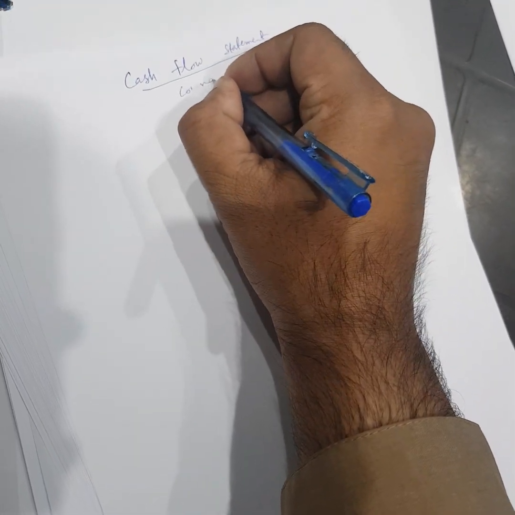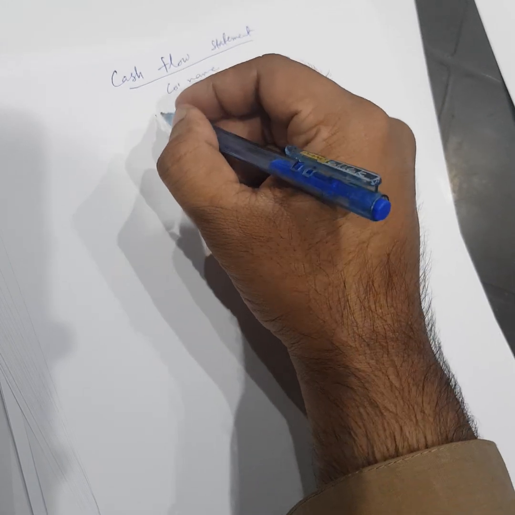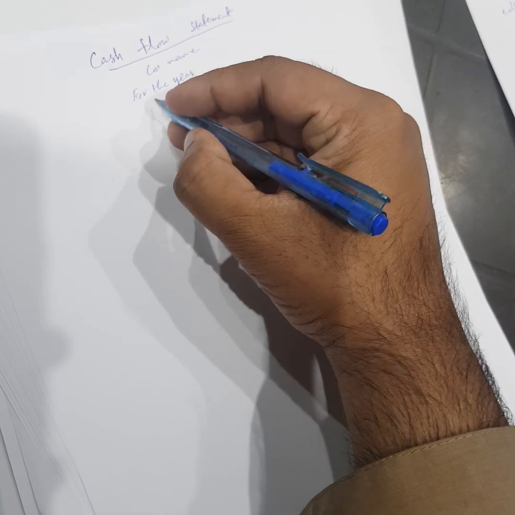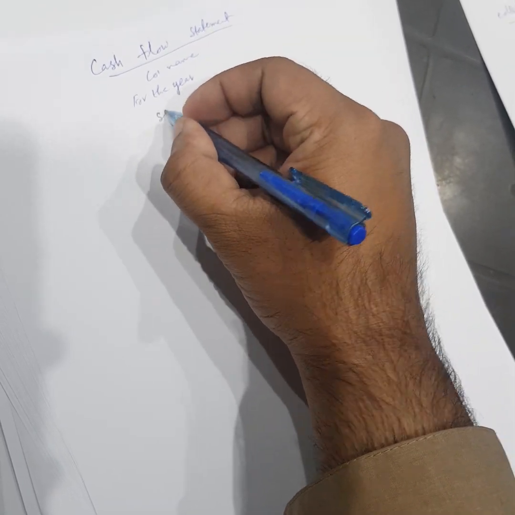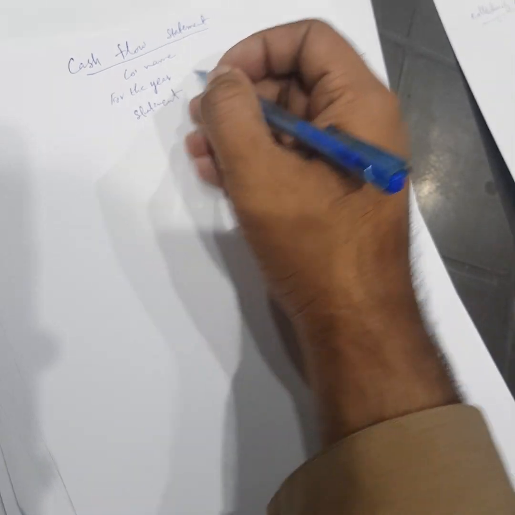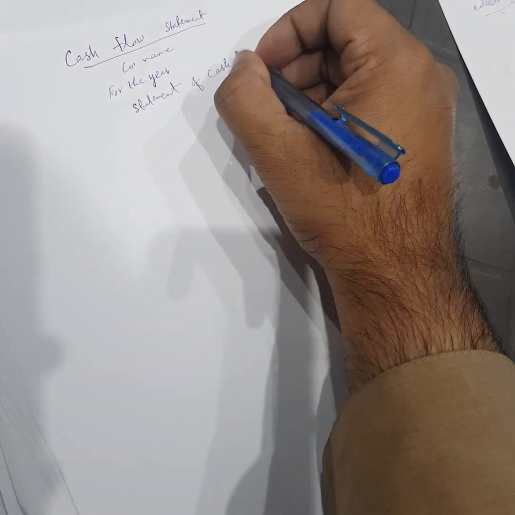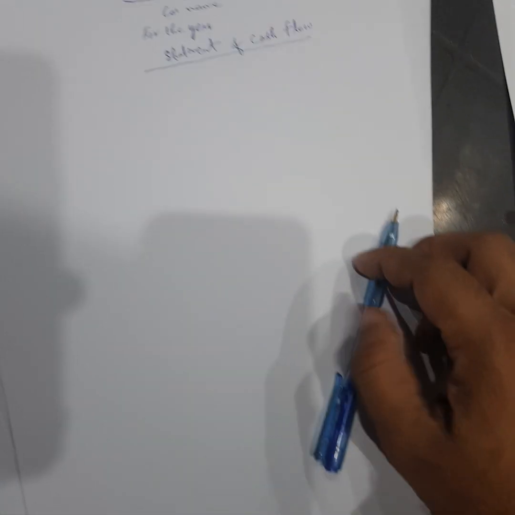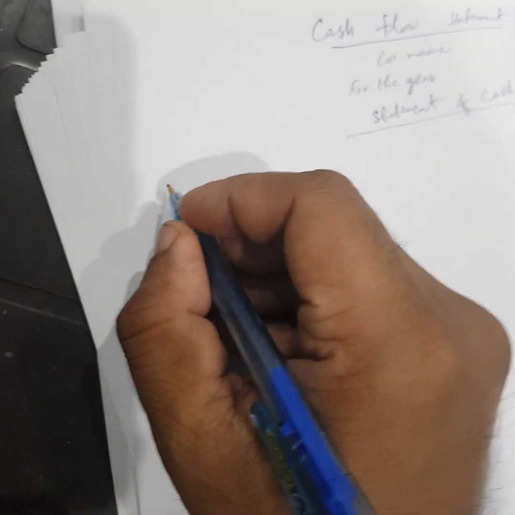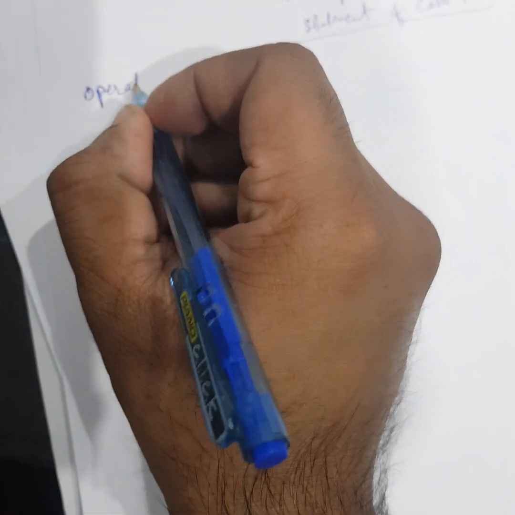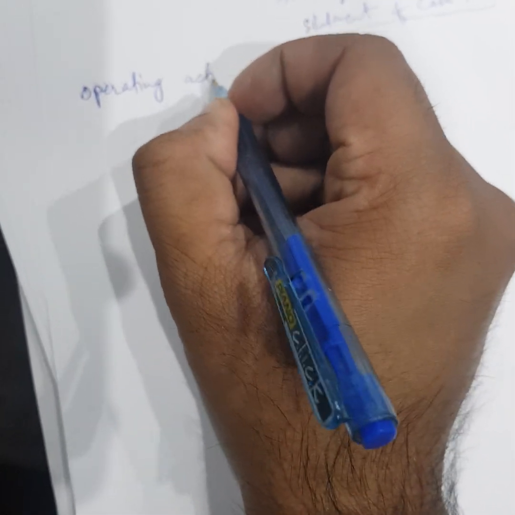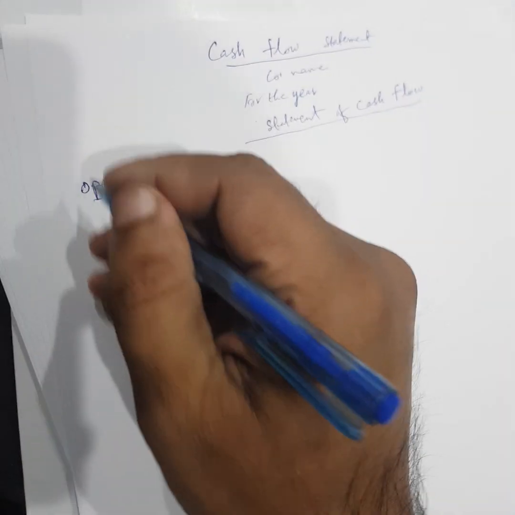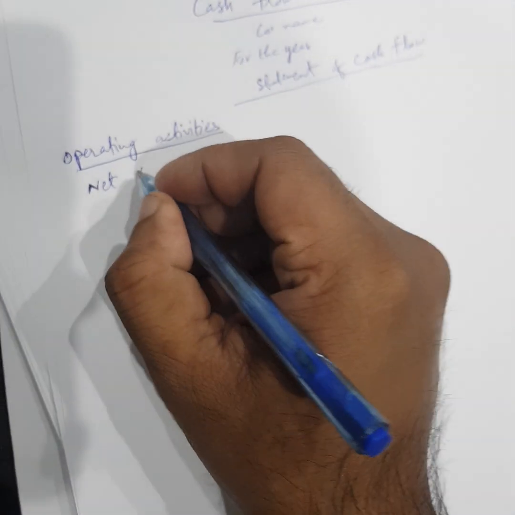Company name, for the year, and statement of cash flow. It will come in the title. First of all, the heads of operating activities will come. We will write first of all net income,